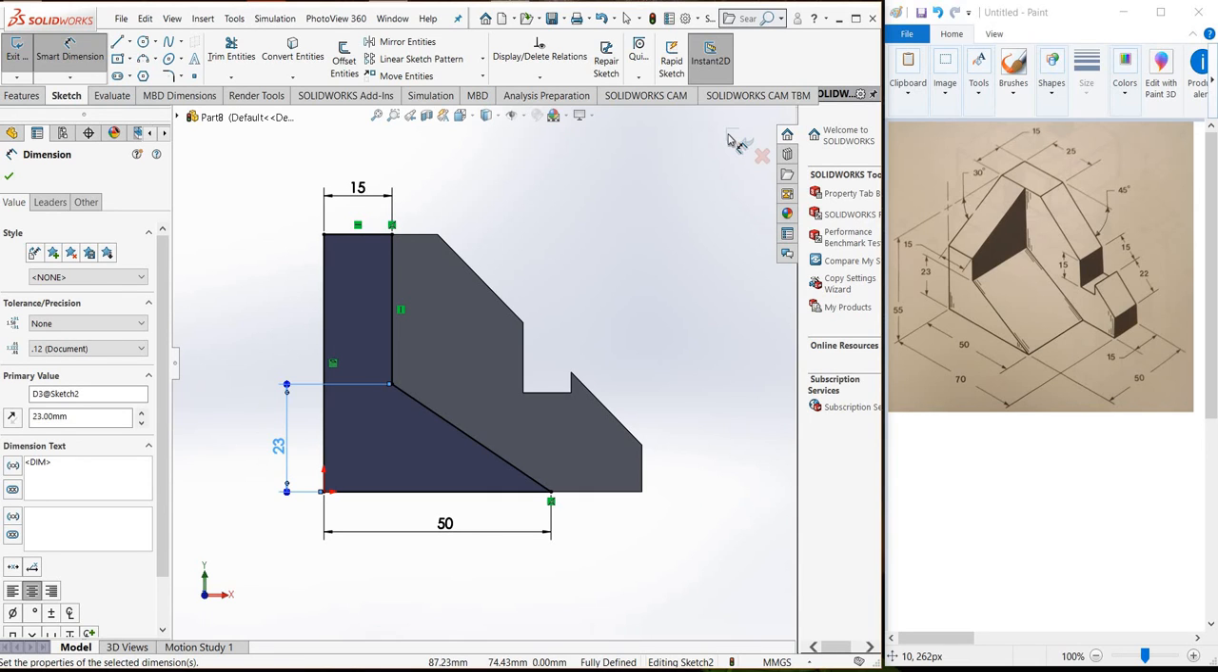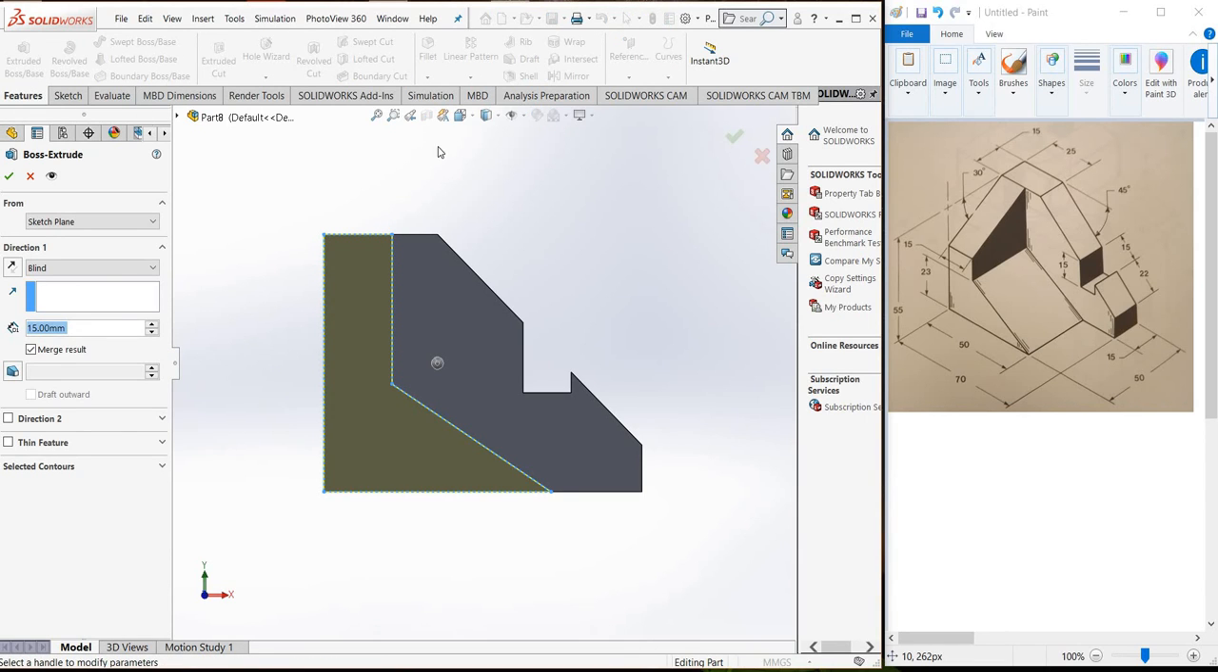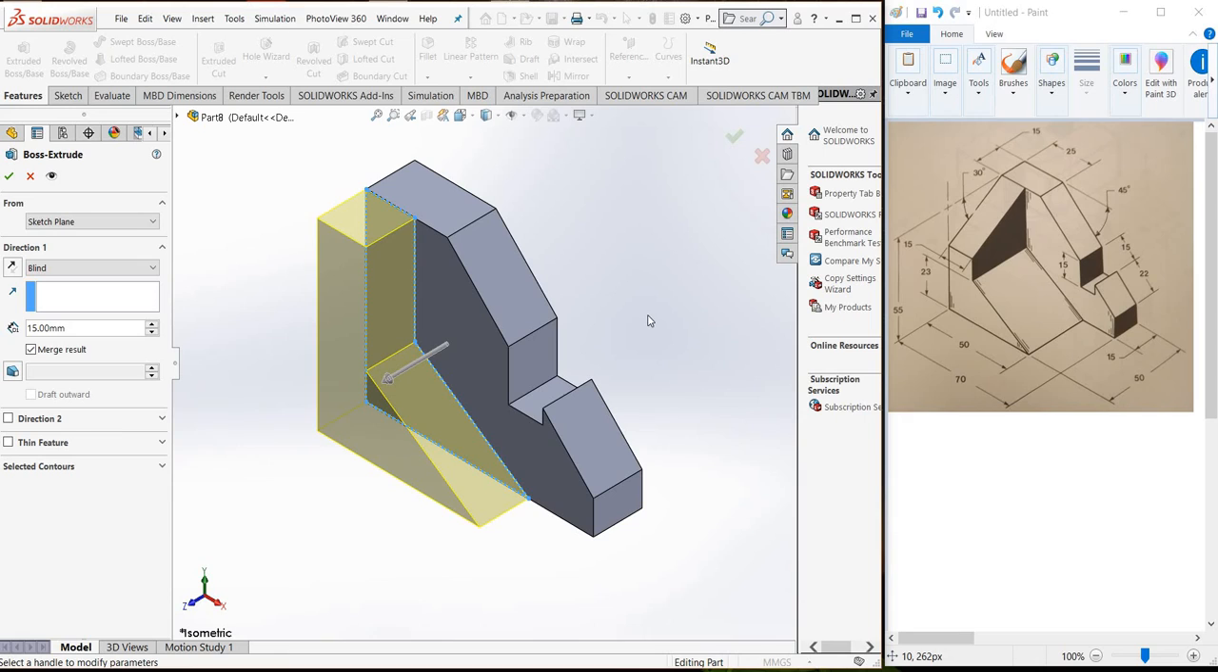So I'm going to accept the sketch and click extruded boss base, and I'm going to go to the view orientation area and then click on isometric view. That way I can see which way it is extruding. And I'm going to use the blind option and extrude it by